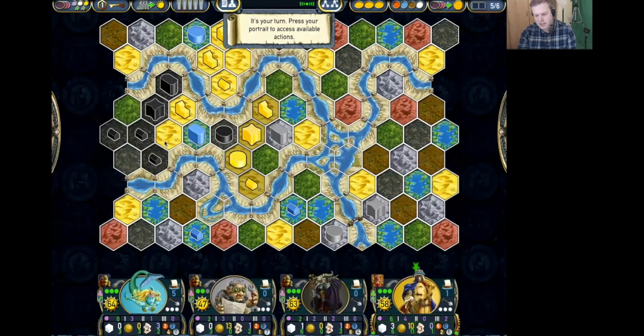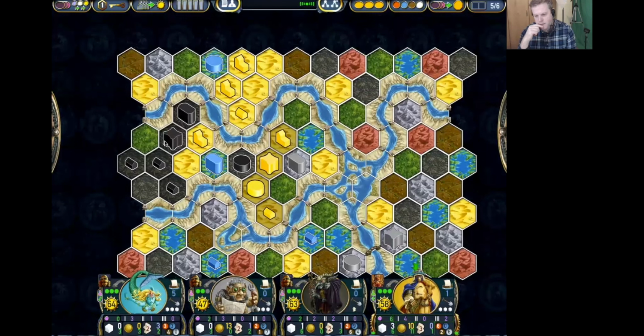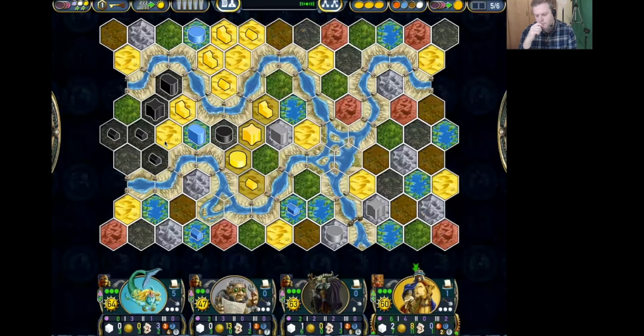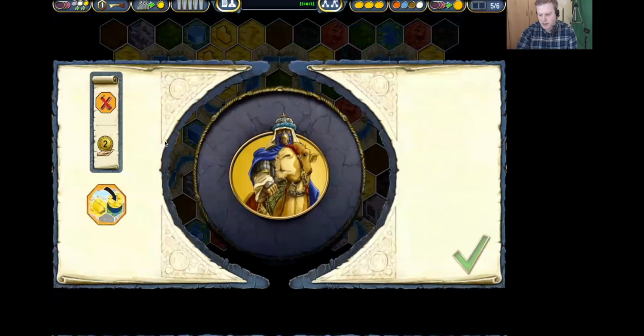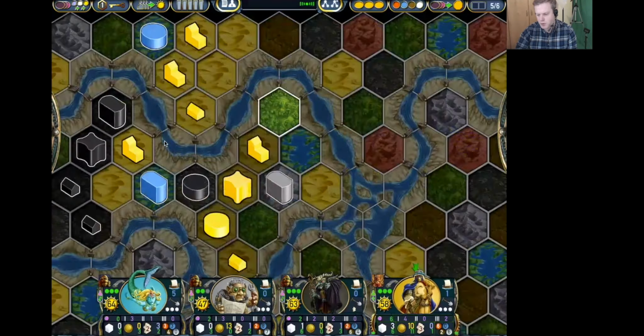So that means I could place another dwelling down. No, I should not do that. I should use my terraform action here. So I just took the go back. I forgot I've still got the terraform to go. So if I terraform this one,